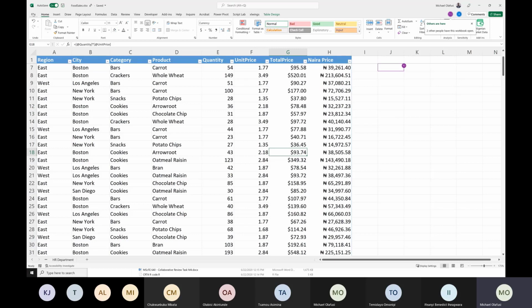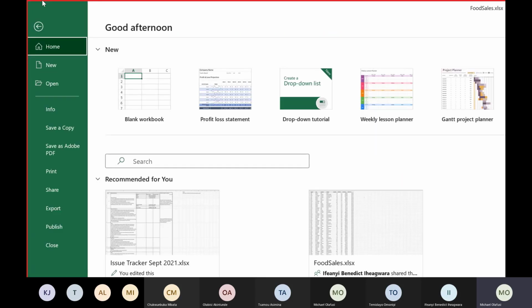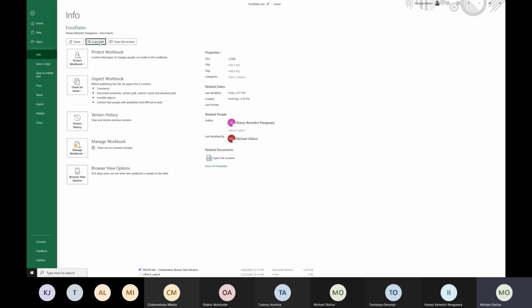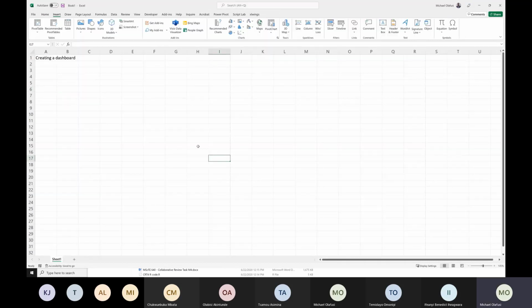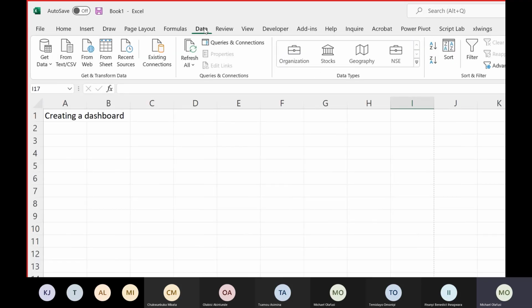I go to file and I go to info anyway. So you go to file, you go to info. I grab the copy path part. Once I grab the copy path, I go to the Excel where I want to do the report, right? Now, watch what is interesting about this. I go to the Excel where I want to do the reports. I go to get data. I say from web.